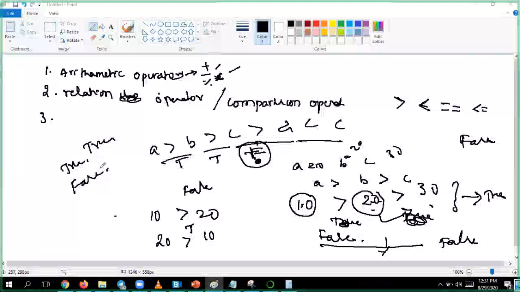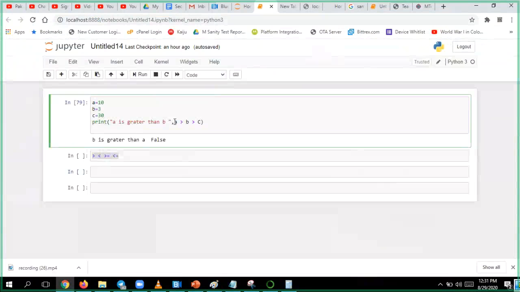Let us see that practically. Now, A is greater than B, that is true 100%. Now let us see.